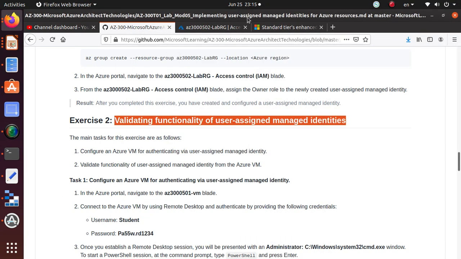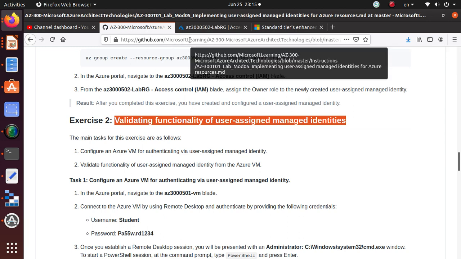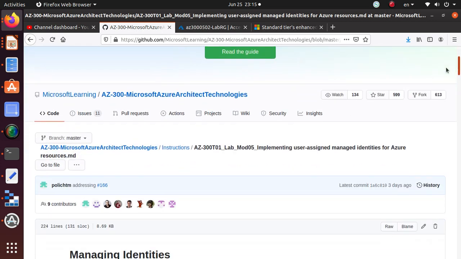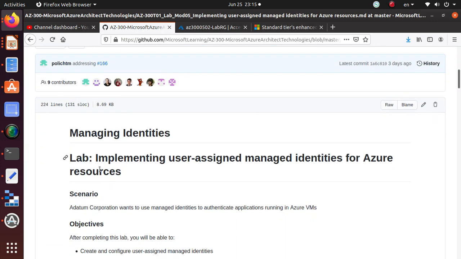In this video we are working on several labs for the AZ-300 Microsoft Azure Architect Technologies exam. All of the labs are available on the GitHub from Microsoft Learning, and I'm going to give you the link to this particular video. In this particular section we are working on the lab for implementing user assigned managed identities